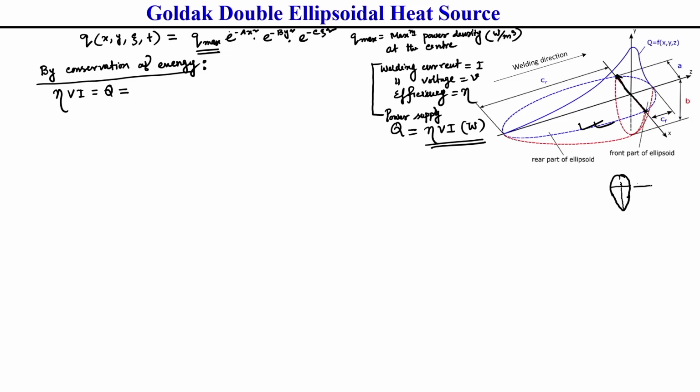So, this is your x axis, this is your z axis, and through thickness it is your y axis, this we have considered, correct. So, you can see in this double ellipsoid, along the x axis, left side and right side, generally the arc is spreading. Let us consider that this arc is spreading, initially for infinite distance.